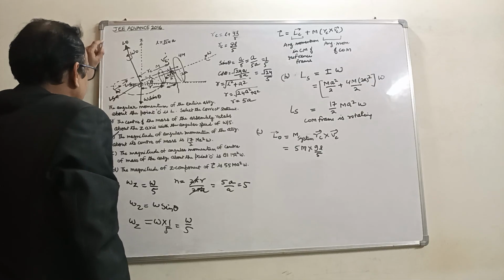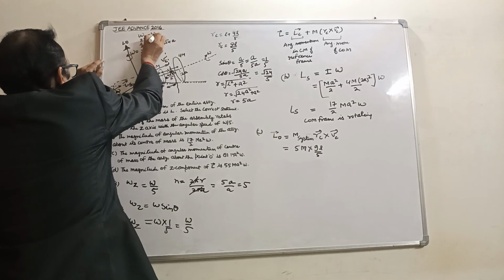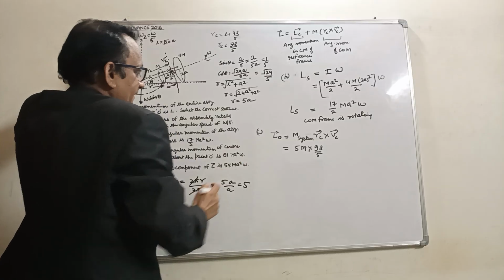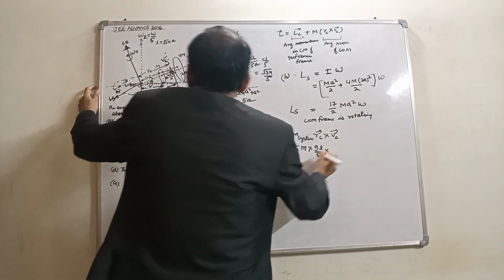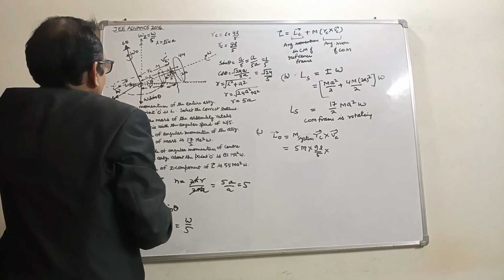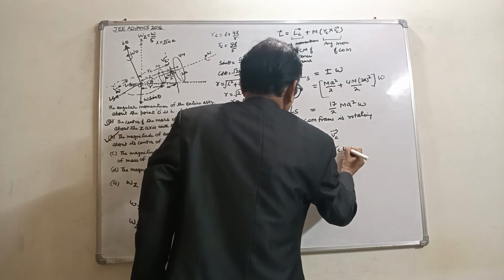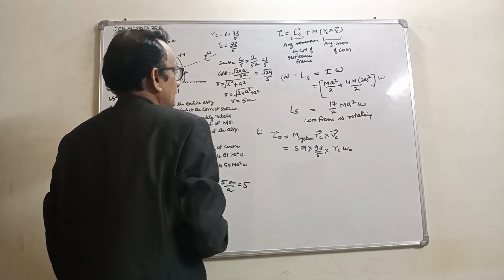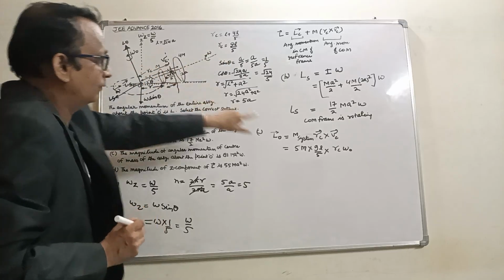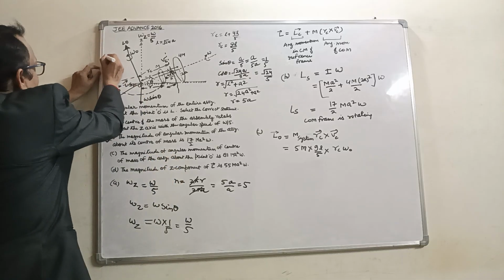This is omega naught. So we have omega z, which we found earlier, omega z is equal to omega by 5. So RC, VC would be this distance. This distance is RC. What is RC? This distance would be RC into omega naught. RC is 9L by 5 and omega naught. What would be the omega naught? So we find here omega naught.